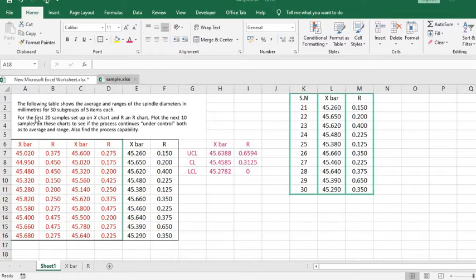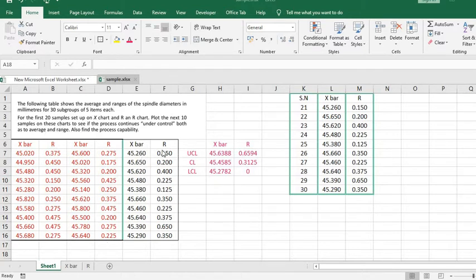In this example question, a total of 30 samples are given, 10, 10 and 10. Using the first 20 samples, we have to calculate the upper control limit and lower control limit for X bar and R. We already know how to calculate these values. After using these 20 samples we get the values for X bar and R, and after that it is asked to plot the next 10 samples on the chart.